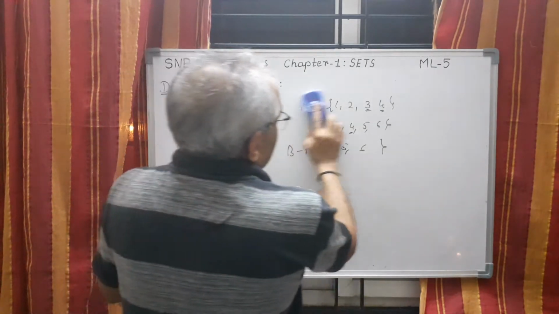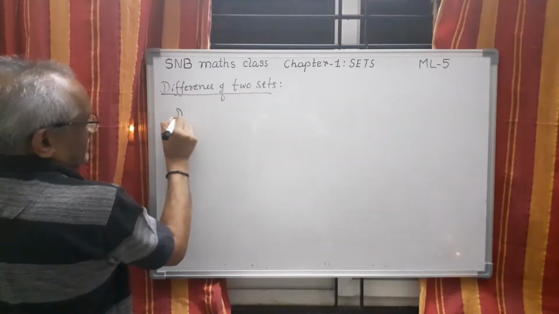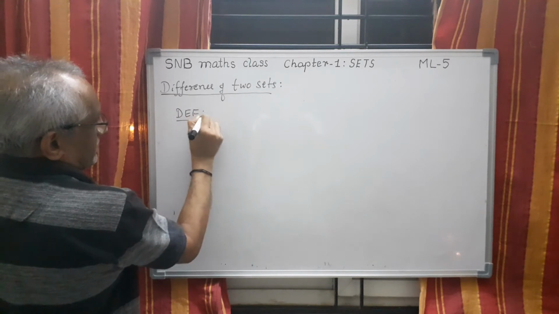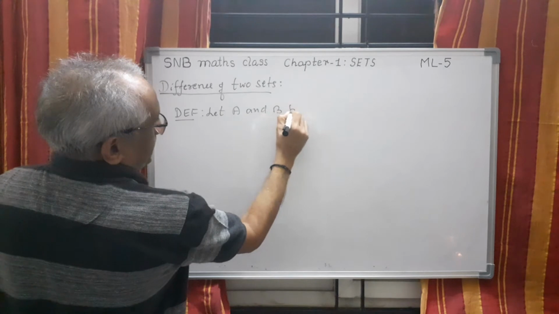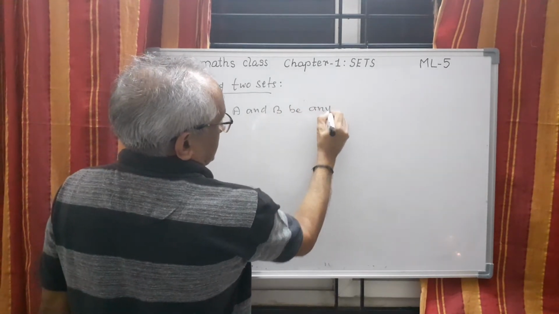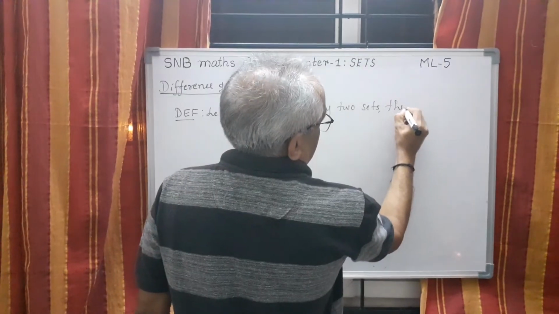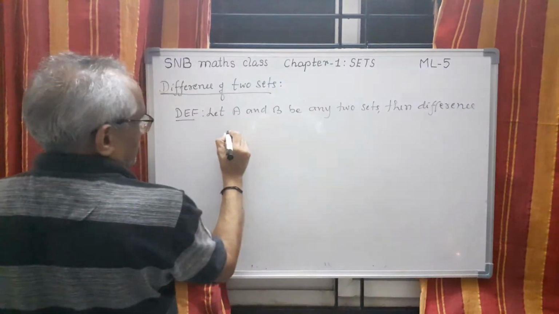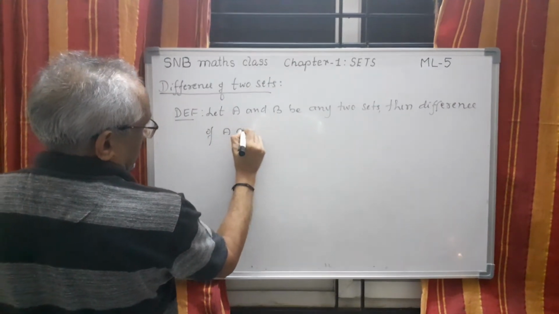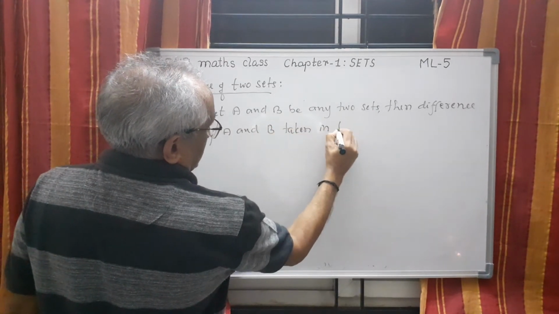Now let us define it. That is our normal procedure: once you understand the concept, we have to define it. So the definition is this. Let A and B be any two sets, then the difference of A and B, taken in that order,